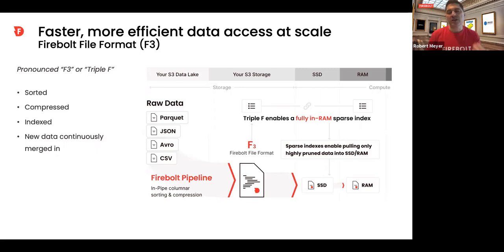It tells you where the data is, where each range of data is within each segment. Okay, it's the range. It's not the full segment. A sparse index is not used as a pruning index where you decide which partition to pull over the network. It's used to access the specific range of data you need for that specific query. It reaches in, it pulls it out across the network and leaves the rest of the partition there.